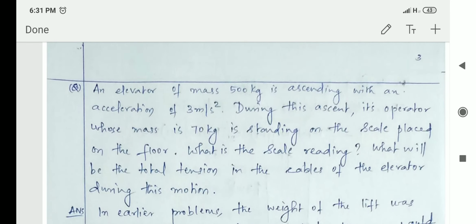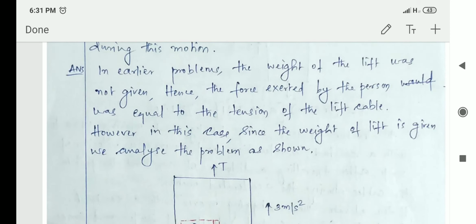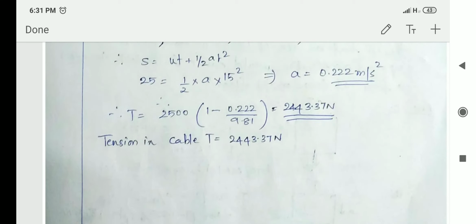Okay. So as I told, in lift problems there are two kinds of problems. One where the self weight of the lift and the person's weight are both given, and the other where only one weight is given. So we have dealt with problems with one weight, even the lift itself. In the next class we'll be taking problems using two weights, with the man's and elevator weights both considered. Okay, thank you.